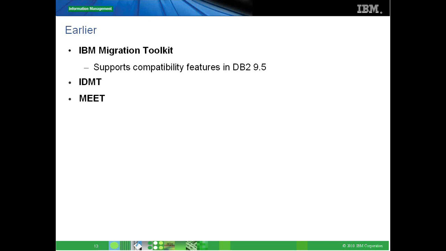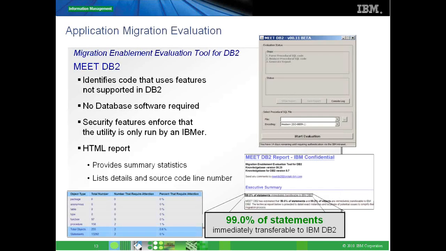Secondly, Meet is another tool that allows us to understand how much of my application code or how much of my database code is compatible on DB2. For example, looking at the application, I cannot say if it's 50% compatible or what is the kind of effort that I'm going to put in eventually. So that's something that Meet allows us to assess. It will tell us the percentage of the code that is going to require certain attention, and it will also show us where exactly we need to tweak the code.